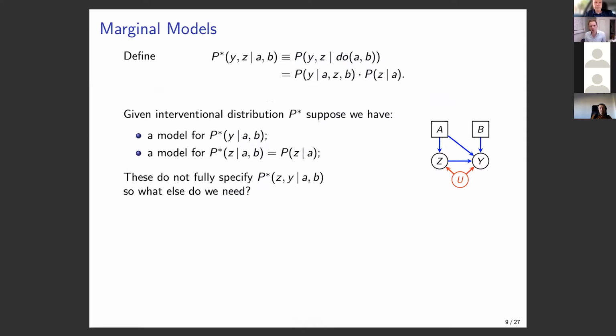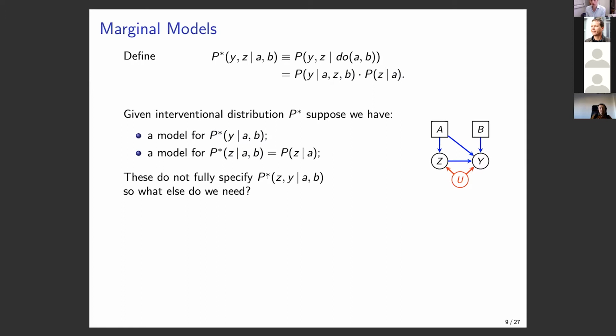And then we're going to use techniques from marginal modeling. So we're going to suppose that we've got a marginal model for the margin of this over Y, which, if you remember, was the quantity that we're interested in. So we expect to have a model for that. And we're going to assume that we also have a model for the other margin, i.e. the margin over Z, given A and B. And you can see that, in fact, if I sum this quantity over Y, this term will just disappear, and I'll just be left with the ordinary conditional of Z given only A. So this is also a nice thing to have.